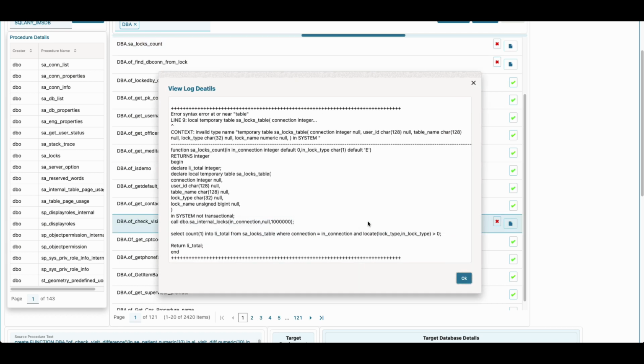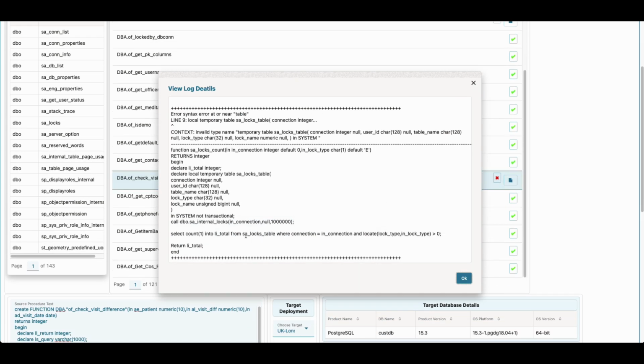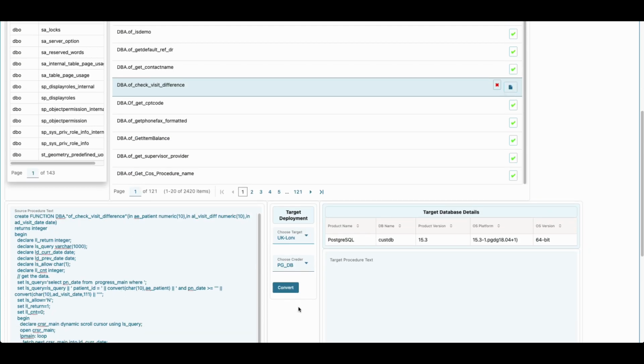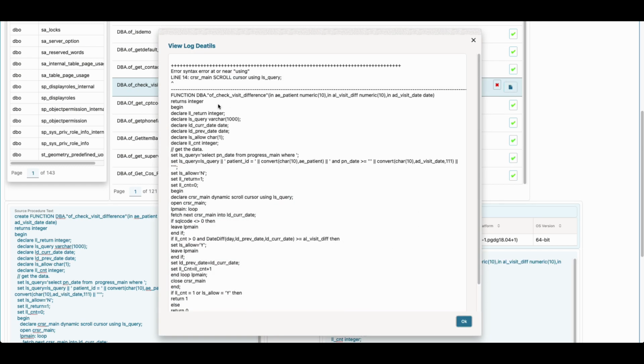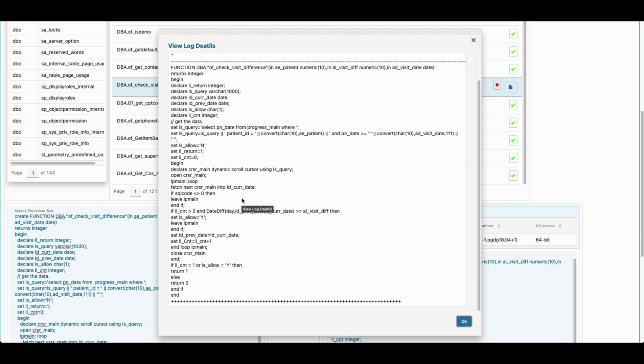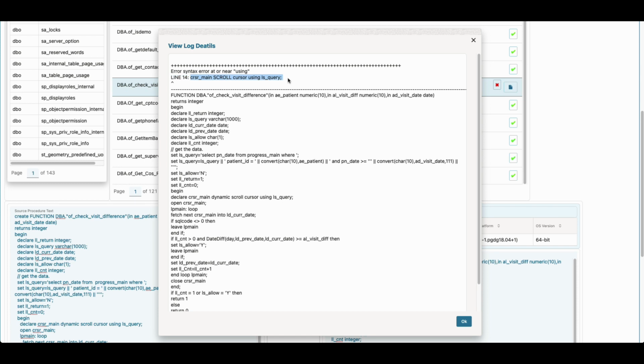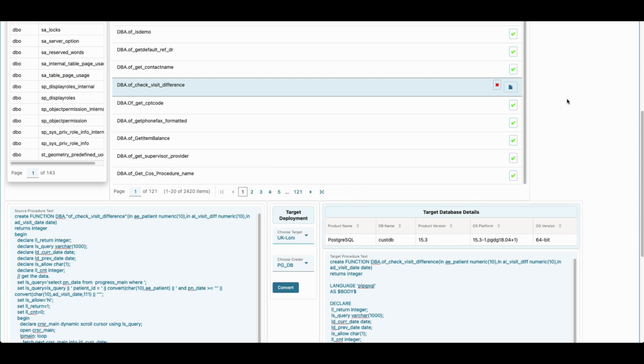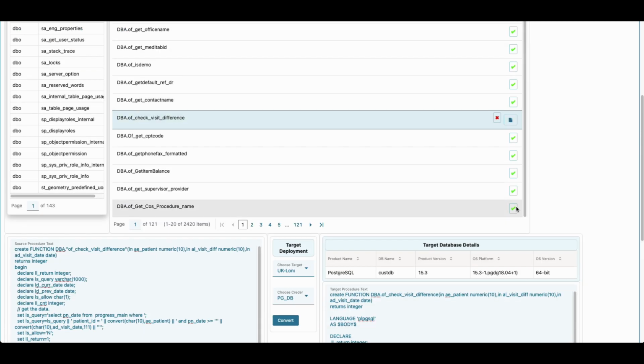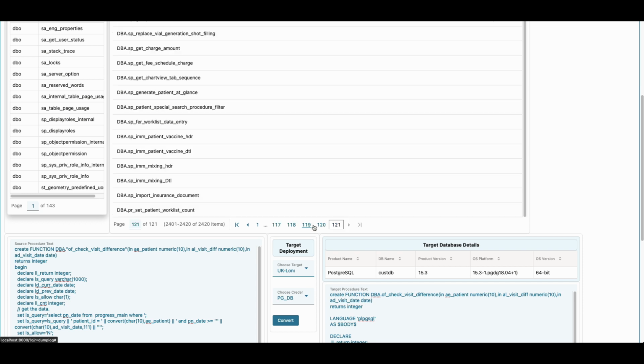Similarly, check visit with difference, right? So this is also involving that specific conversion. So you can see what is the difference over here, and the error is also here. So it's looking for a cursor which is causing this issue. So we might need to rewrite a little bit of the code over here which is causing this issue. Okay, so similarly you can see that all those object creations are going on,